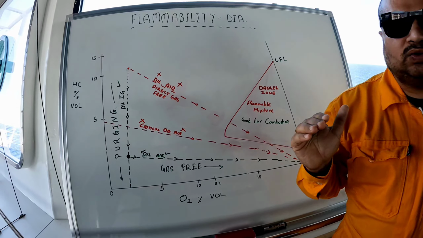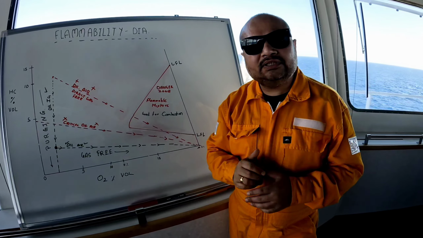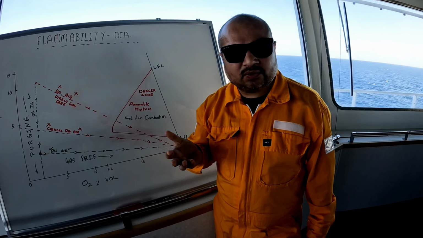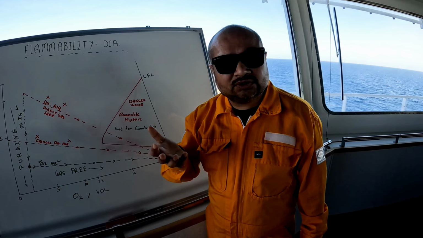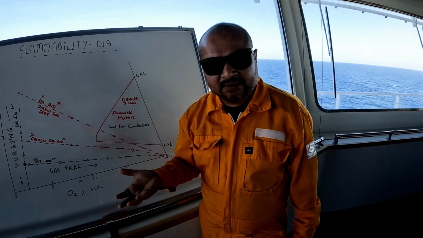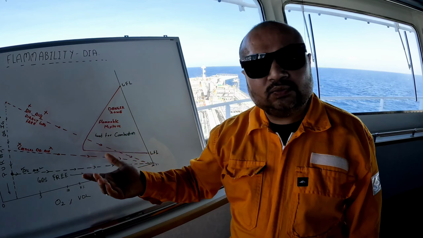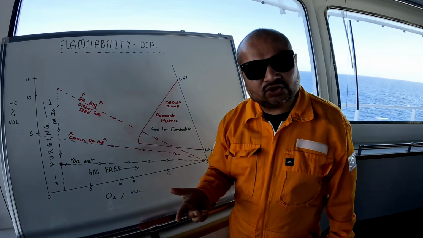So we will be starting now. As I just mentioned, our aim is to bring our tank atmosphere from maximum hydrocarbons to 20.9 or 21% oxygen, and have minimum or zero hydrocarbons inside the tank. So this is the process we will be starting. First let's see what is the wrong way of doing it. The wrong way, or you can say the shortest way.